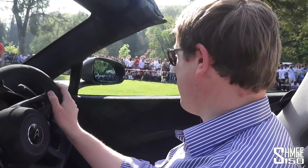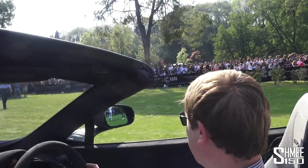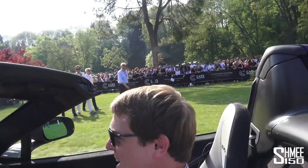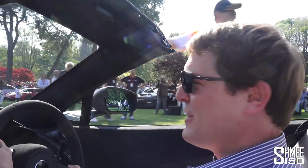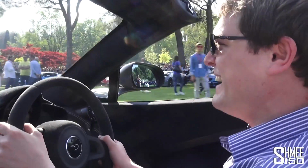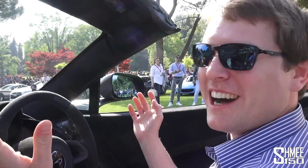It was quite a big crowd. Just look around us, all the way around this entire parking area. There are just people everywhere who have turned up for Cars and Coffee today. What an arrival! We're not quite sure where the girls came from, but hey, made it a little bit more fun too. Yeah, here we are in the...